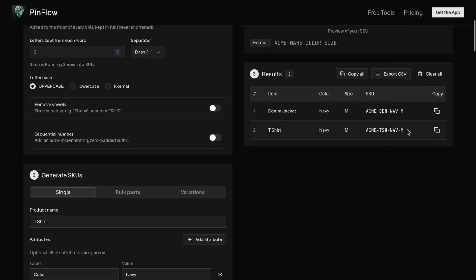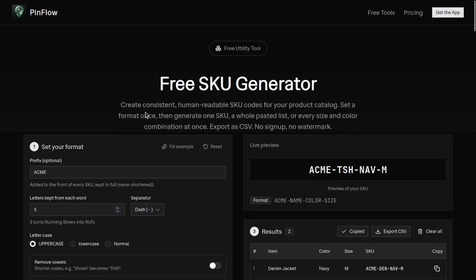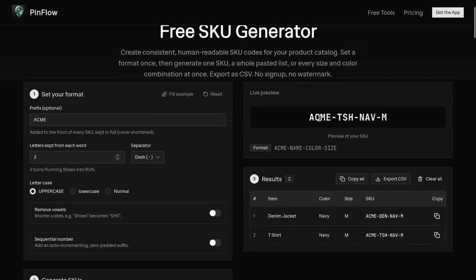You can simply copy these SKU directly, or export CSV, or copy all of them together. When you copy all, it will simply copy these two values separated by new line, and you can see here it is the company prefix already appended. You can change it by putting something else,